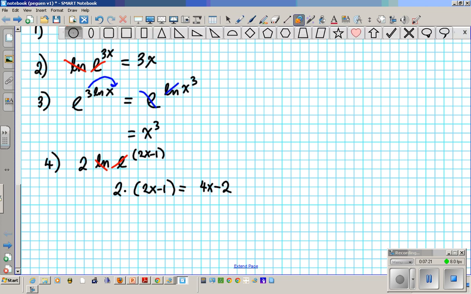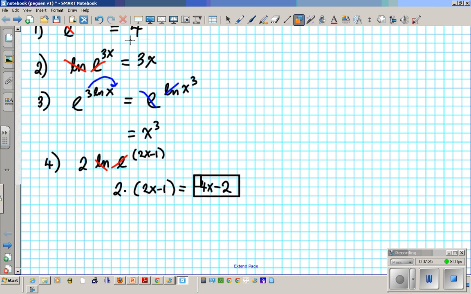Okay? Now if I wanted to do it the other way, let me show you how that will work. I'm using method 2. Let's call this M1, Method 1. If I want to do it another way, I would have just said, okay, I have 2 ln